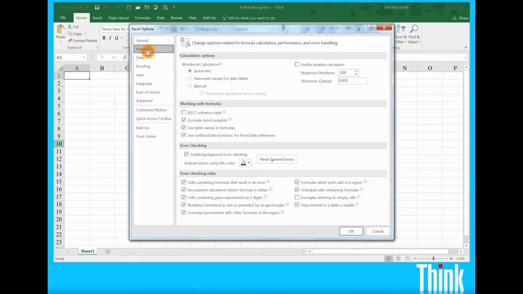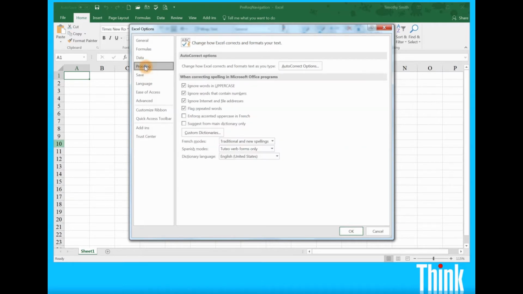You can configure formula information here. I always do automatic calculating. Don't use manual much anywhere. That's for the old days. Your sheet recalculates every time you move to a cell. If you don't have much RAM or a huge spreadsheet with a lot of calculations, you may want to turn this on. Data information, proofing information,